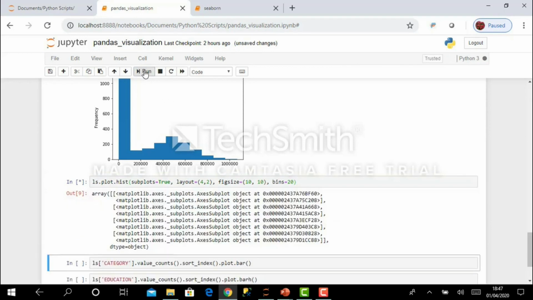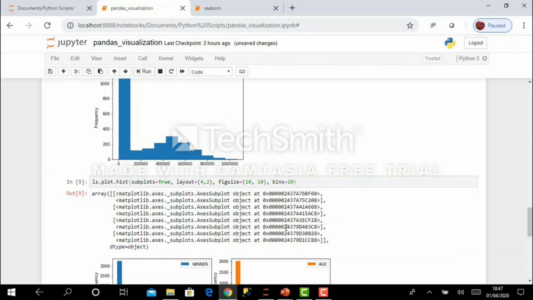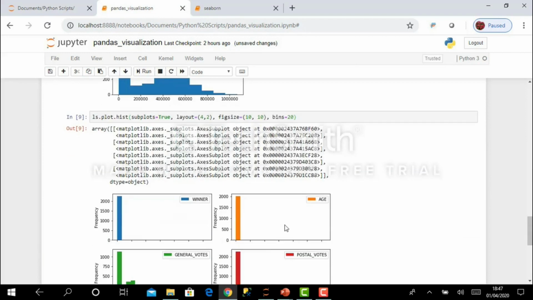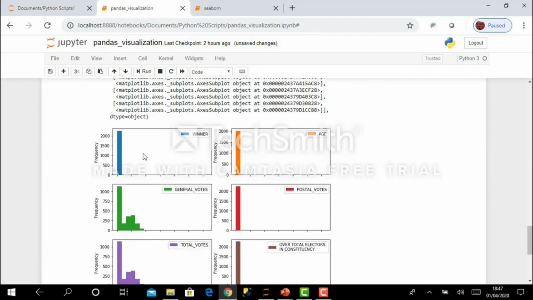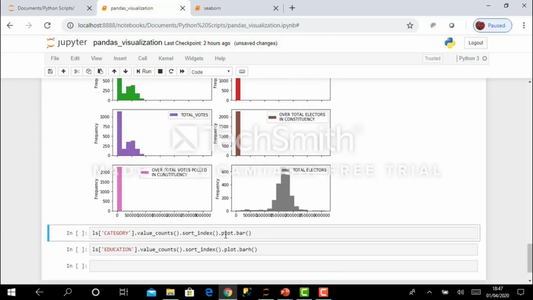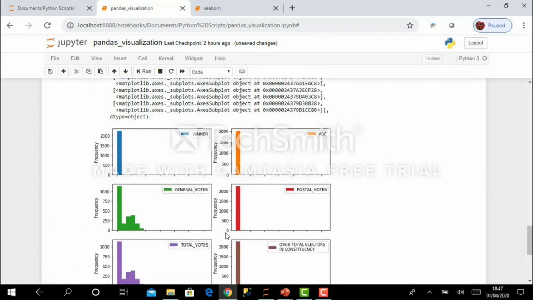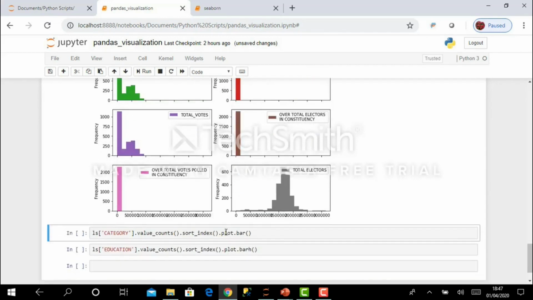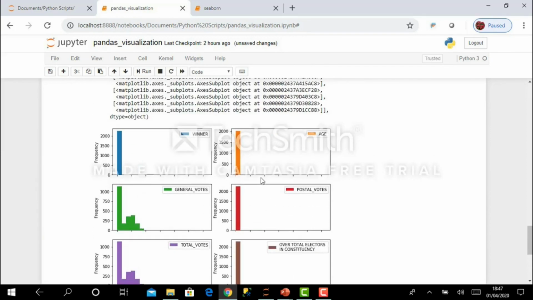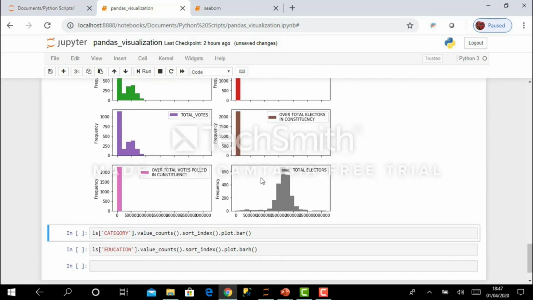If you execute this command, histograms are generated for all the different numerical columns. First one is winner, then age, then votes. For all the numerical values, a total of 4 into 2, 8 subplots are generated. They all are histograms.